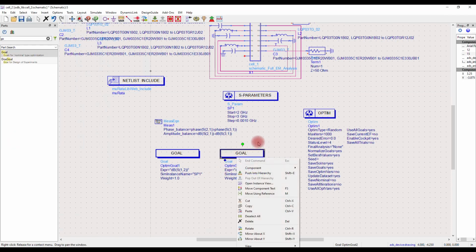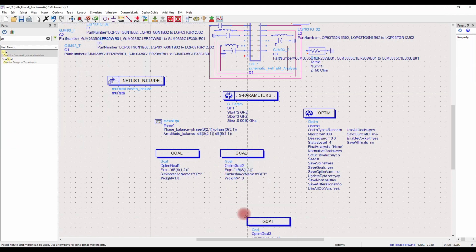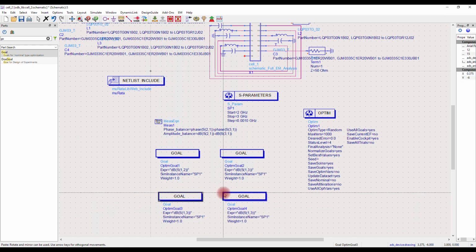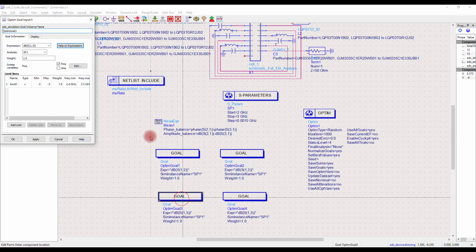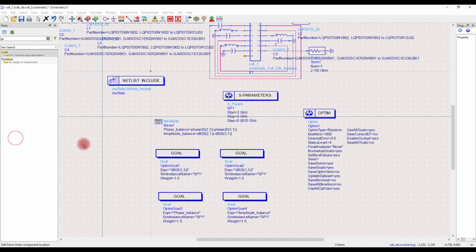Then, copy and paste the goal twice. After that, edit the first goal to optimize for phase balance of 180 degrees or minus 180 degrees. Edit the last goal to optimize for amplitude balance of 0 dB. Finally, save the schematic and start the optimization.